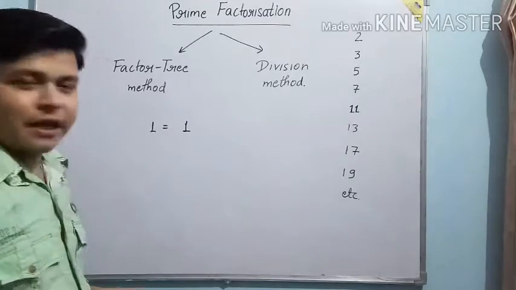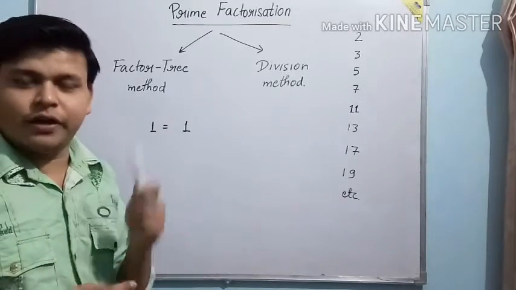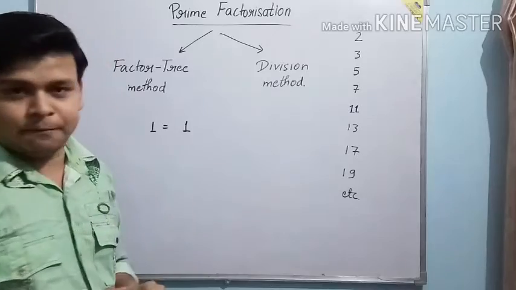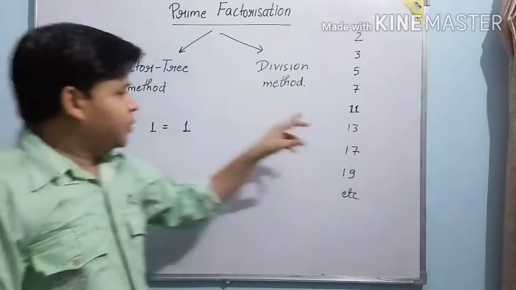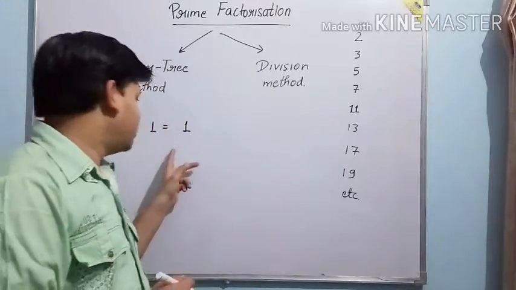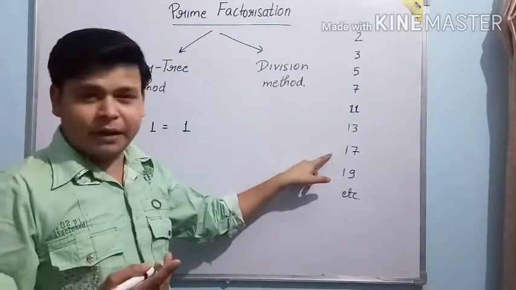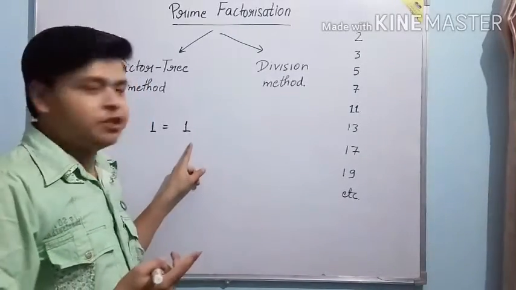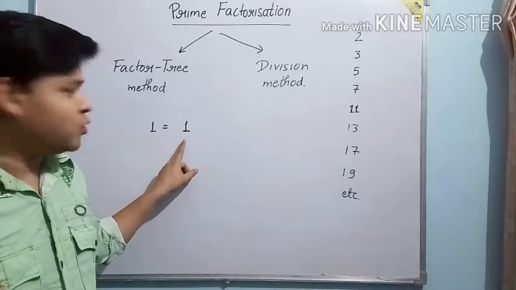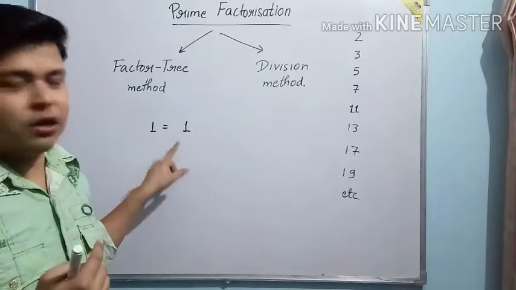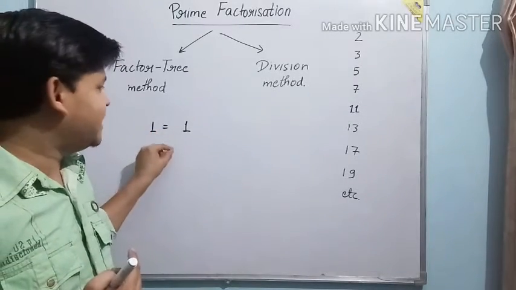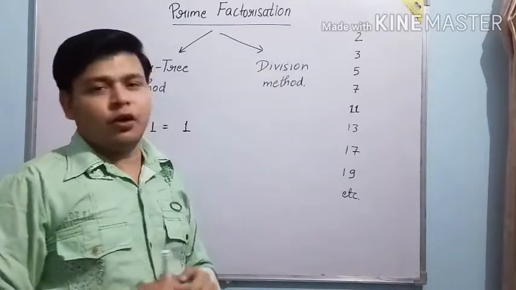यानी कि जो 1 है उसका केवल और केवल एक ही फैक्टर होता है, वो होता है 1. लेकिन to be a prime number, this number should have 2 factors. यानी prime number बनने के लिए इसके पास 2 factors होने चाहिए, लेकिन उसके पास वो तो नहीं है. It has only 1 factor. So that's why we will not use this number 1 in the category of prime